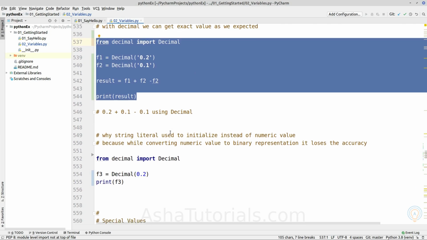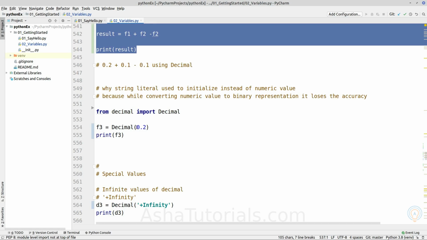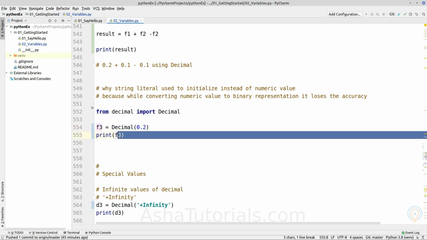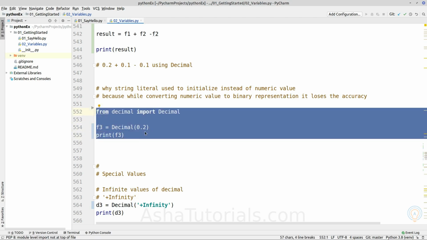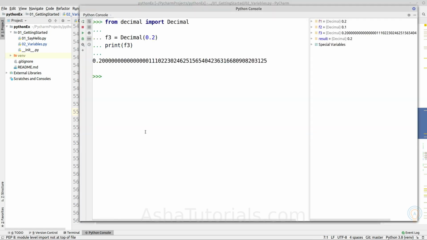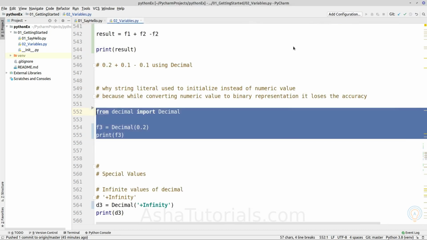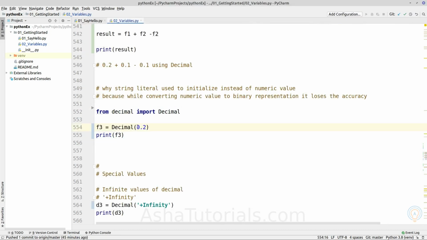So what happens if we don't provide the float value as a string, and if we provide the float object inside the Decimal constructor, we will lose the precision. If we declare the same value using a float variable, the value becomes this. It will result in precision loss. Okay, so make sure that you always declare the value inside a string. Okay,